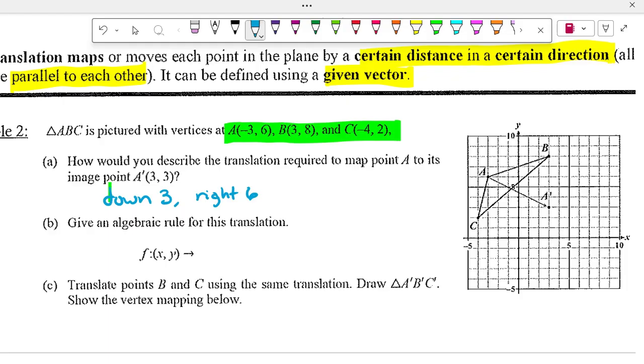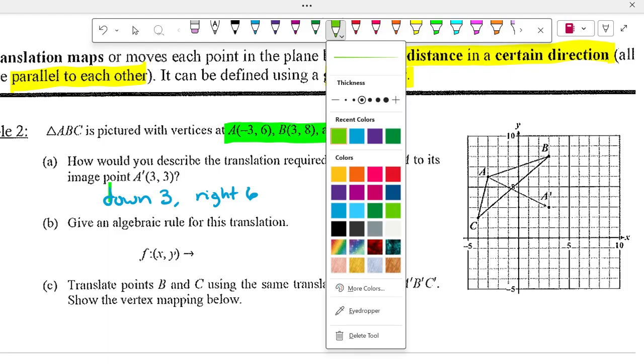All you had to do was just count. You go down, then over. So you're literally doing rise over run. Now, here's the fun part. The algebraic rule. All right. Now, I was going to say, what do you think? x plus 6, y minus 3. How'd you do that? Right. So that means that x was going to go